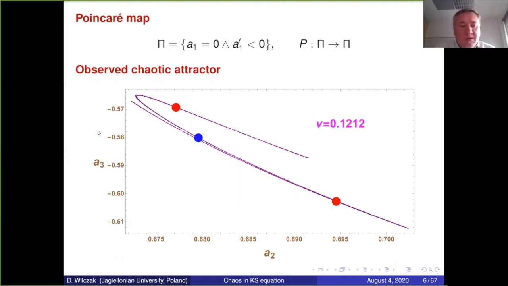Let me comment also. The sets were so small that we need no subdivision to obtain covering relations at all. For covering relations we need three inequalities more or less: to the left, to the right, and across. I need no subdivision for this because of the size of the sets. Of course, this requires a sophisticated algorithm for computing the Poincaré map because we represent the result in the coordinate system of the set we are going to cover. So this is not that straightforward. But for C1, I need to subdivide.